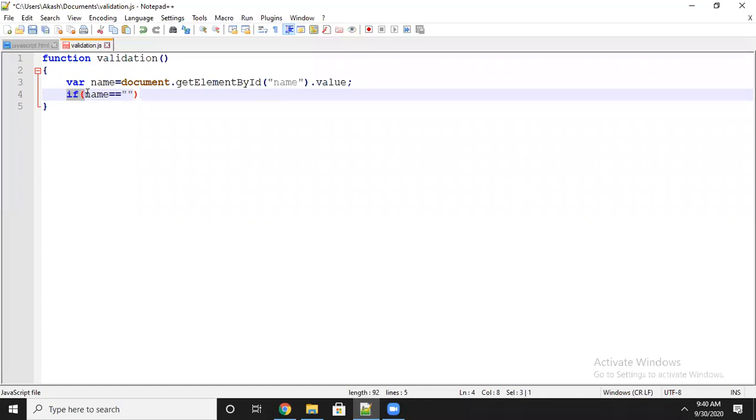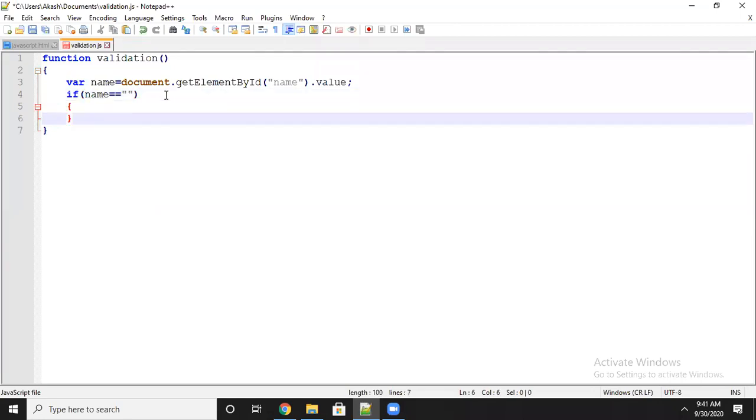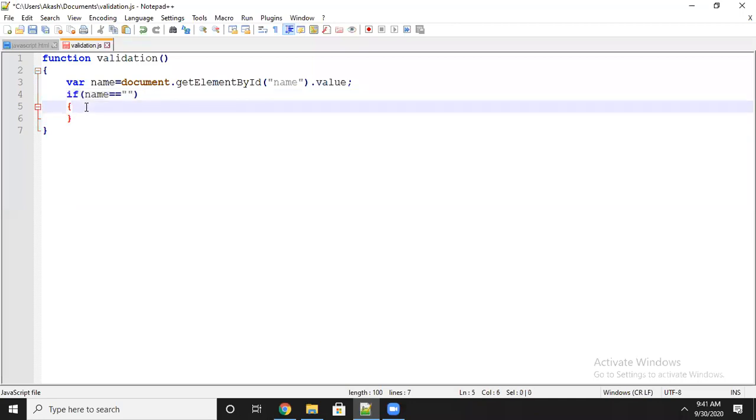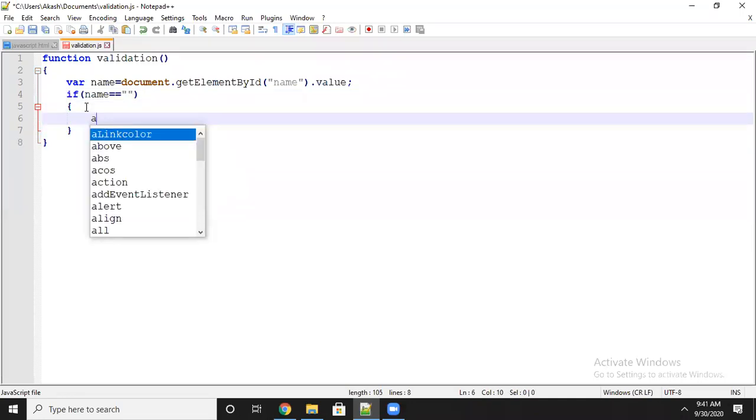It will check the condition. If name is equal to empty, what message has to show? I have to add it in the curly brackets. This is the structure of if. I will show the end user a message.